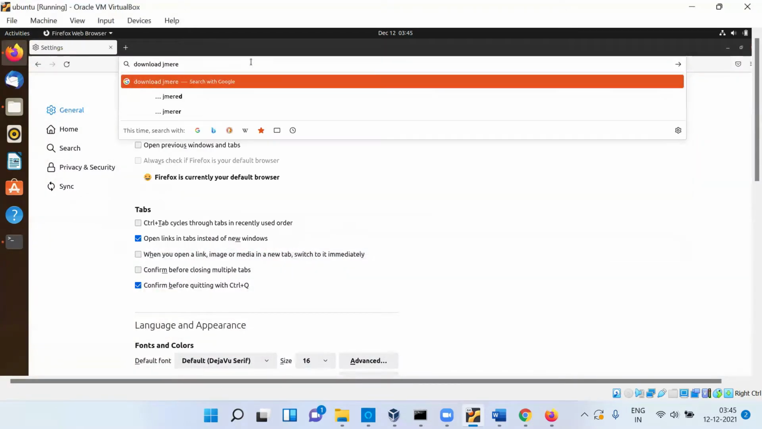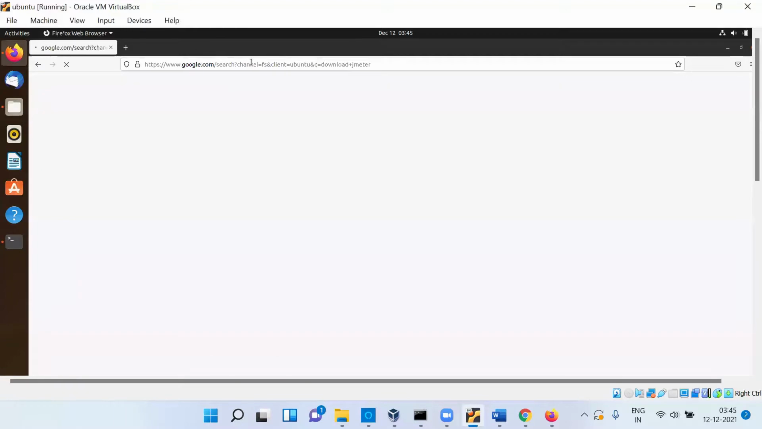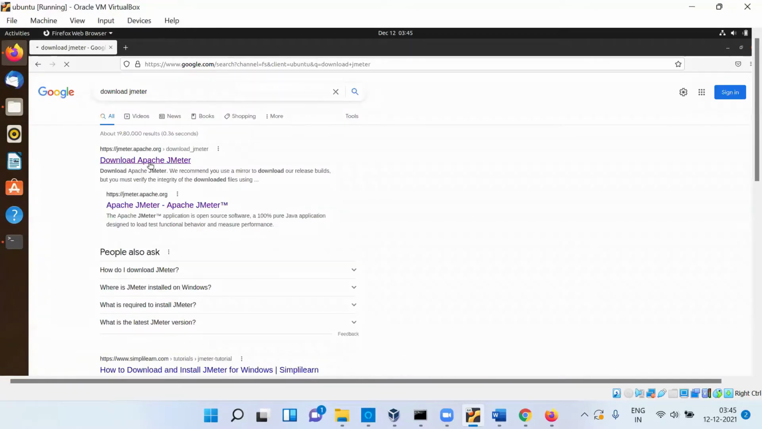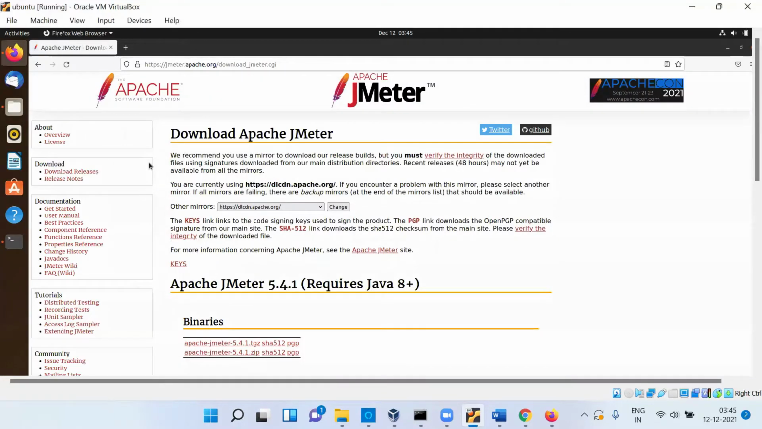So JMeter. You can go to the Apache JMeter website, and from here you can download the binary files. Any of these binary files you can download. You can download the zip version, or you can download the tar version. So once you have downloaded Apache JMeter, you can